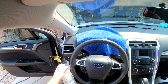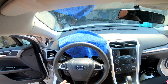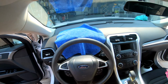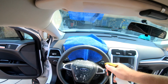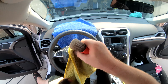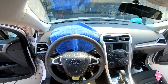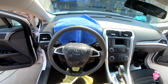I'm using Chemical Guys Interior Cleaner Nonsense Super Clean, using their light brush and then a soft brush. So I just kind of put a towel here over spray, but I'm gonna just lightly soak that a little bit. Probably put this on my leg here so I can get a little drops. And I'm gonna spray my brush,